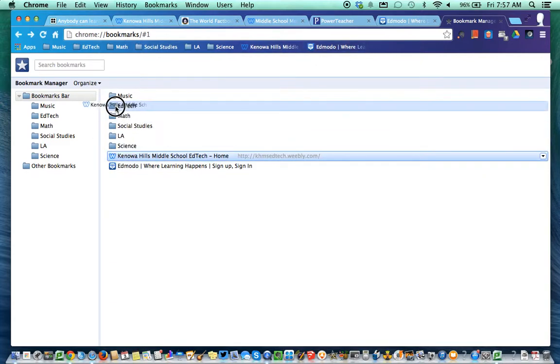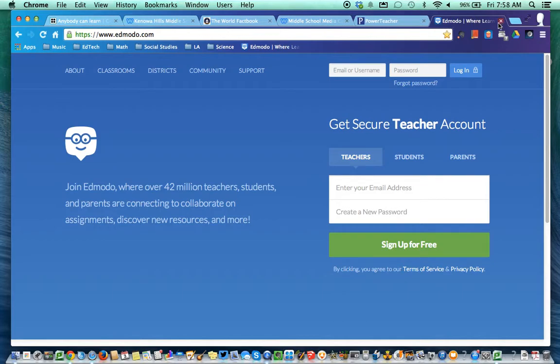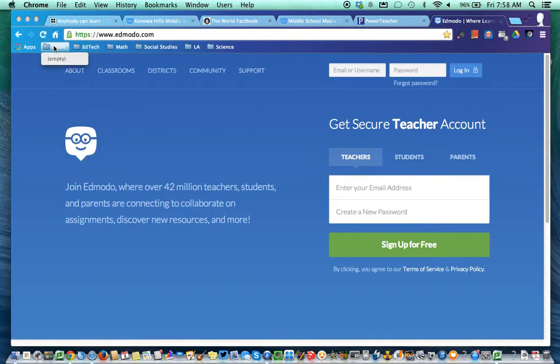Let's put this one in Ed Tech. You notice that it's changing things in my bookmarks as I'm doing them in here. So I can do it either way. I can use that Bookmark Manager, or I can just do my work up here and where things go. Now as I go in here and click on these, you can see where I have some of the items that I've put,